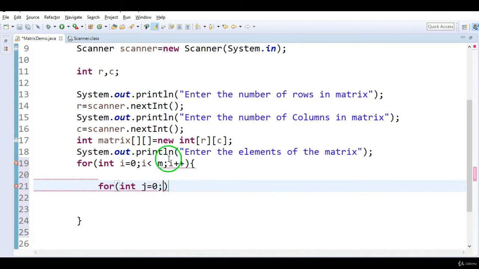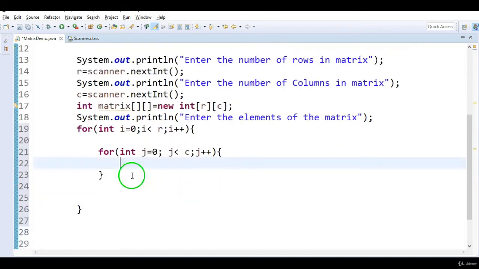It's not i less than m, it is i less than r. So i equal to 0, i less than r, i plus plus. Int j equal to 0, j less than c, and j plus plus. I'm just adding one more loop here.